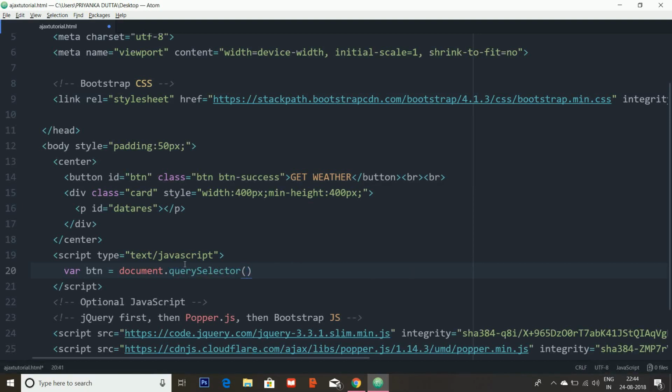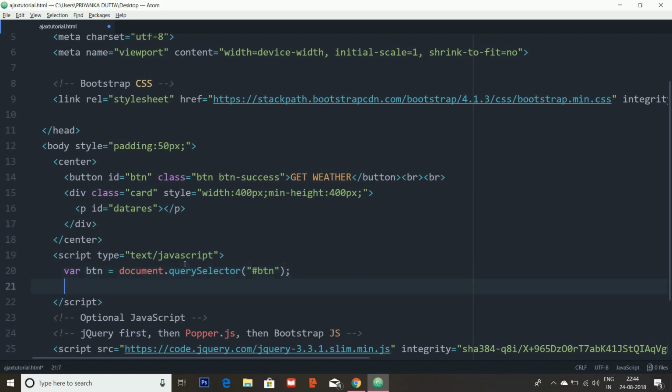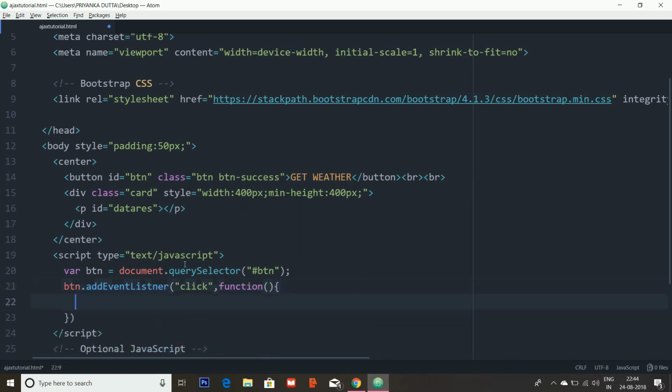Here I have querySelector, and here I will be passing the ID of the button, and here I will be having btn dot addEventListener, we'll be having click and function. When the button is clicked, we will be having a function,